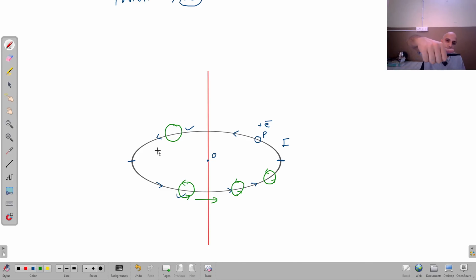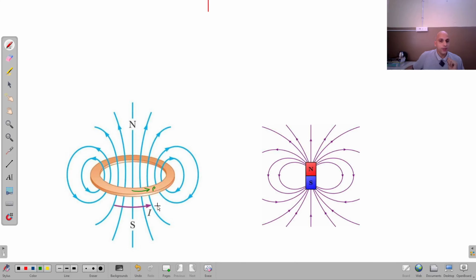We have studied in 12th class that these small current loops behave exactly in the same way as a bar magnet. You can see here a picture. This is the direction of the flow of current, and this is the path of flow of a proton, the movement of a proton, and obviously it is the direction of flow of current. I can find out the direction of the magnetic field in this way and here in this way. You can see in both the cases, so this is the exact representation of the field lines, right?